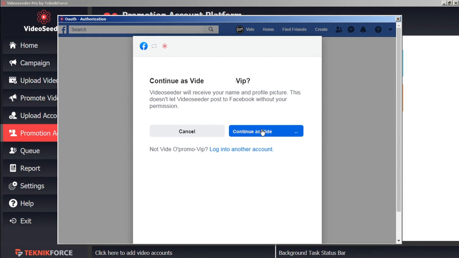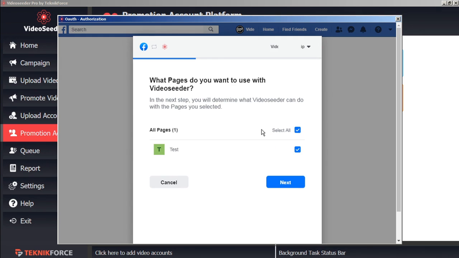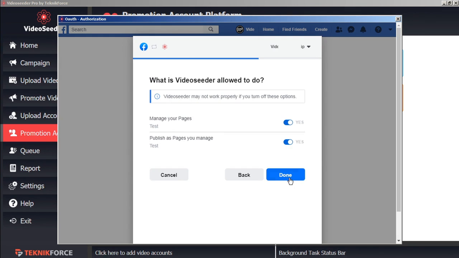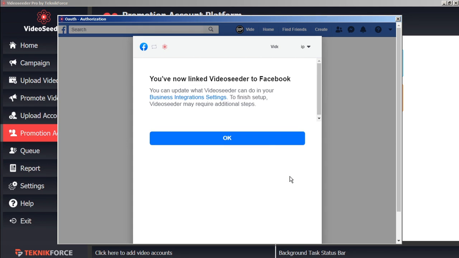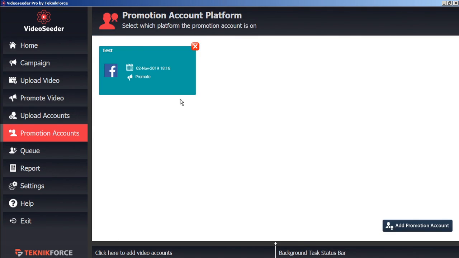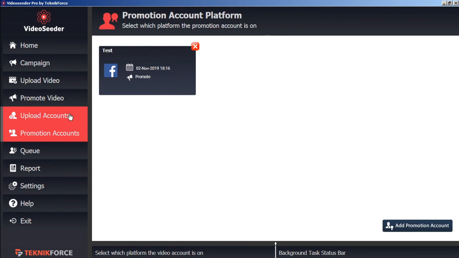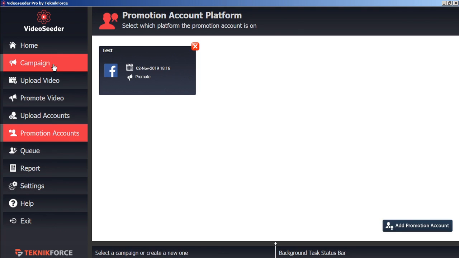And grant the various permissions. And select a page that we want our promotions to be shared with. And we'll confirm the permissions. And once again, as a confirmation, we'll see our new promotion account added to our VideoSeeder Promotion Accounts platform page. Now that we have at least one video account and at least one social account, now we can start sharing some videos. Let's go to the Campaign tab